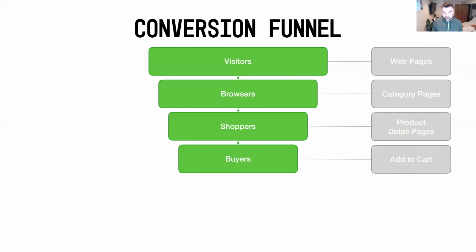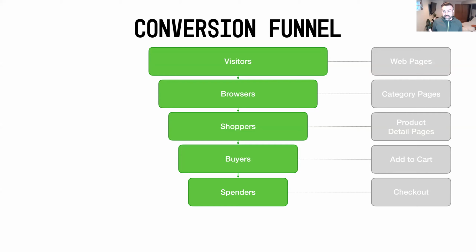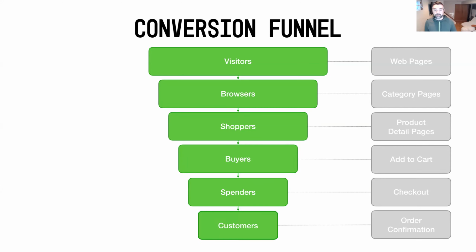The next step would be your spenders. These are people who are buying, they're ready to go. They're now in the checkout lineup and they're ready to put down their credit card or whatever payment method you are offering, and they're ready to buy something from you. Those are what we call our spenders. They're typically people that reach the checkout pages of your website. And all of those steps lead towards becoming a customer. Customers are people who finally reach that order confirmation page, where you're able to hand them that receipt and say, hey, thank you for being a customer. Welcome to XYZ store. So that in a nutshell would be your conversion funnel.